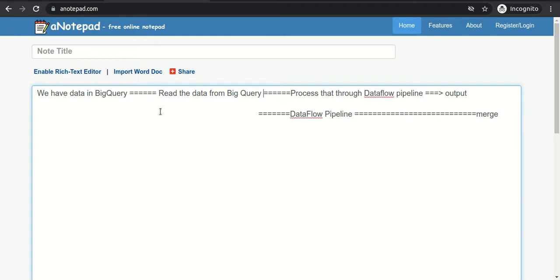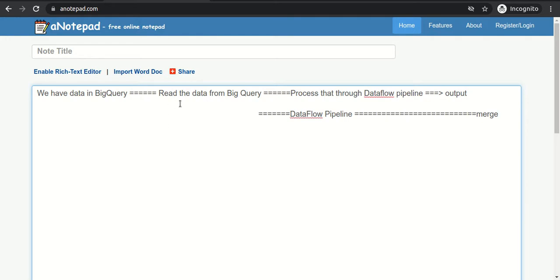The Java code is a pipeline, and a pipeline is nothing but a combination of steps or jobs. So job 1 is running, job 2 is running, job 3 is running, job 4 is running. All the combination, we call it a pipeline.